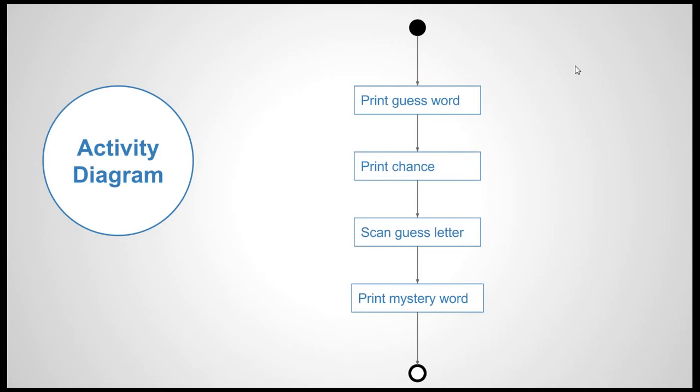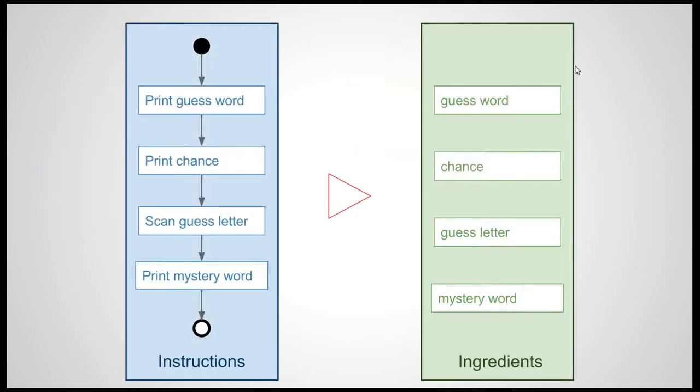So now we have the activity diagram ready, basically the directions for the computer to follow when we run through our program. So we have the instructions, and